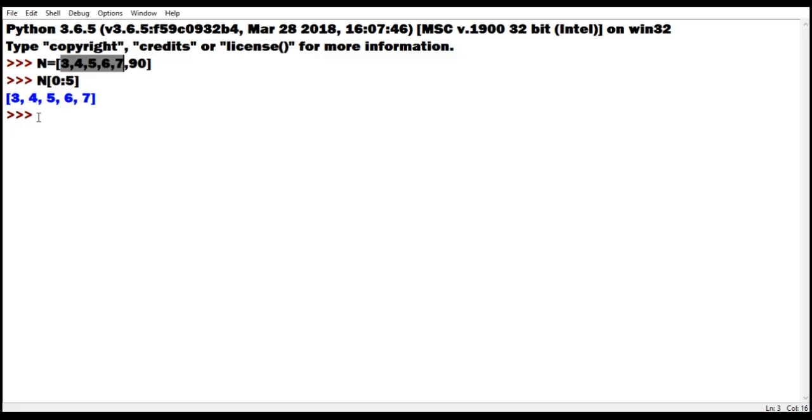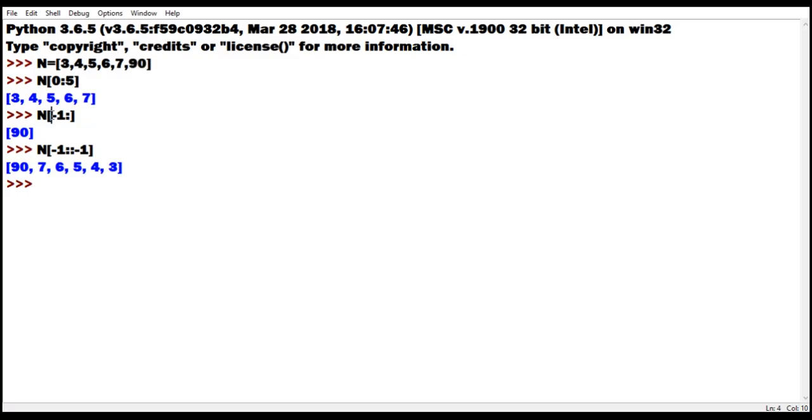We can even go for negative index slicing also. This is -1 and then colon. That means from -1 till the end. So -1 is the last element. Because if we are not giving a step, it automatically takes step +1, it will not go in this direction. Step +1 means after 90 it will search for the next element.